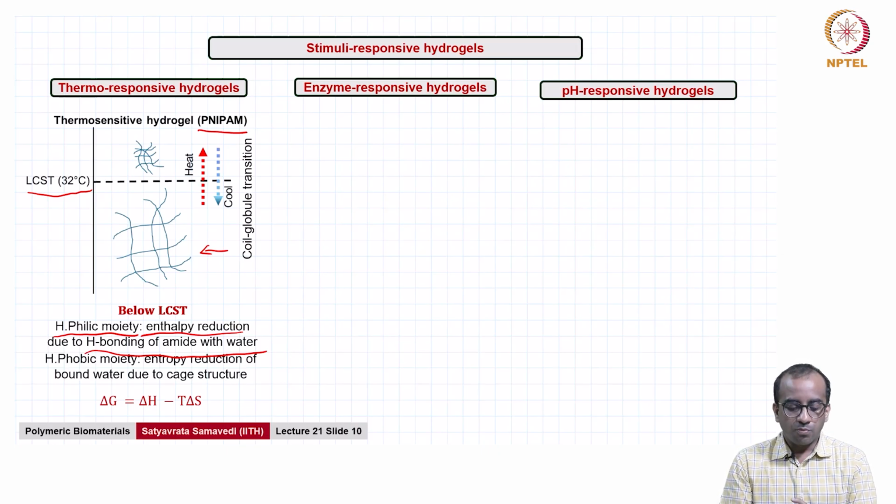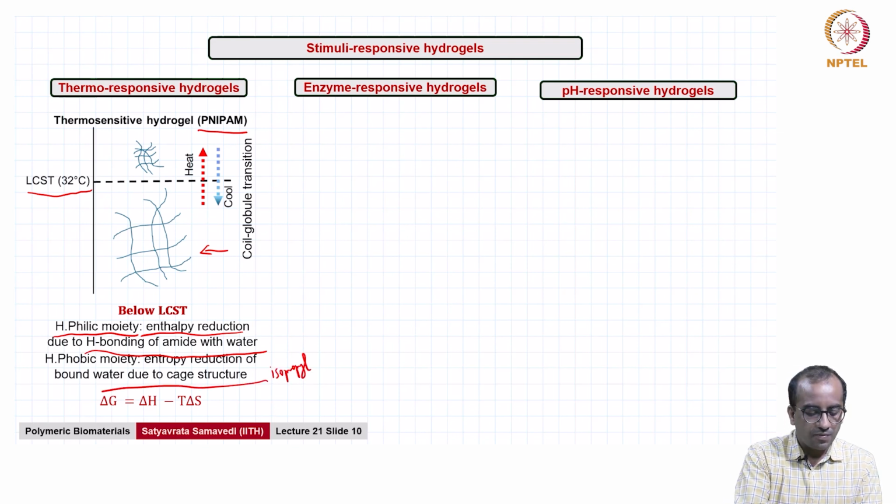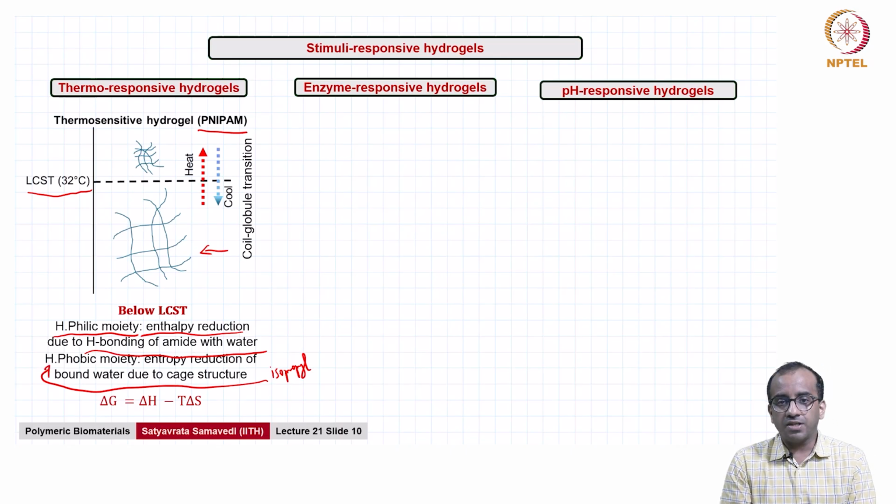But the isopropyl hydrophobic groups, which also exist in poly-NiPAM, don't want to interact with water at room temperature. So what will happen is water will form a caged structure around the isopropyl groups. Now that cage structure, because of higher ordering, is going to lead to a decrease in entropy, which is not